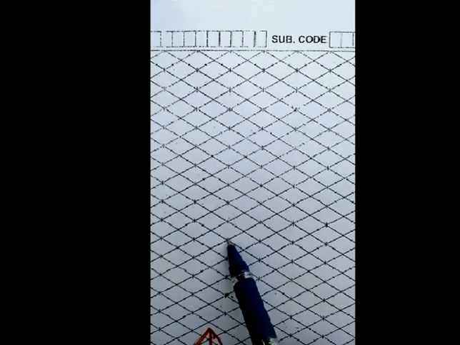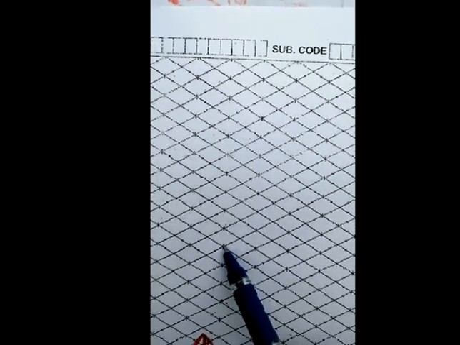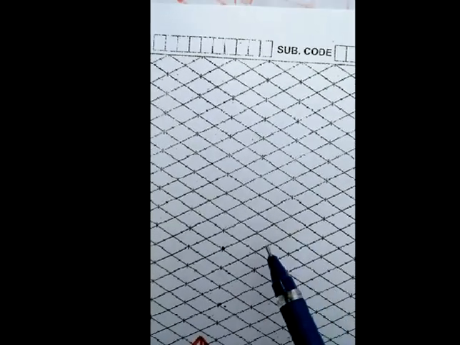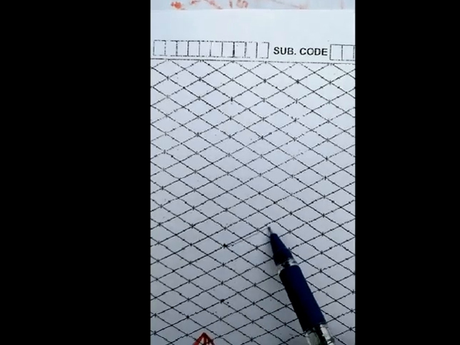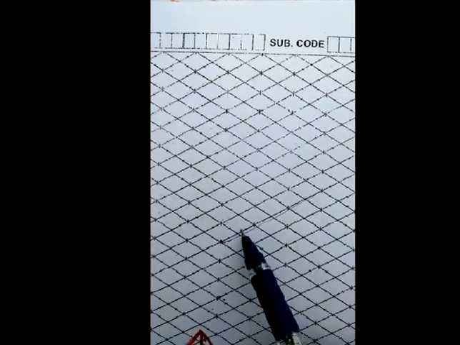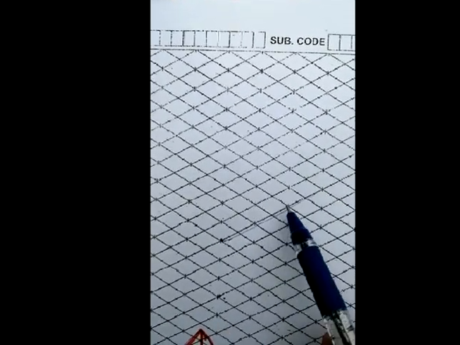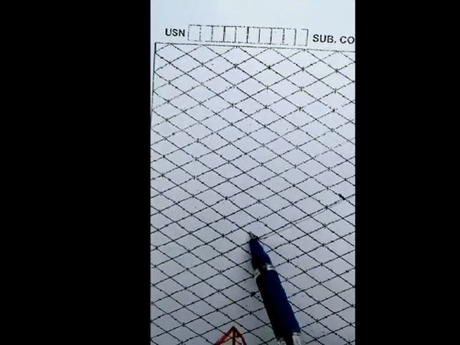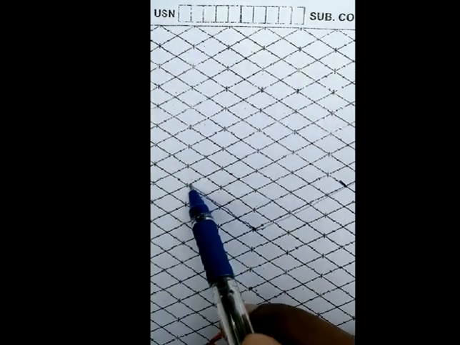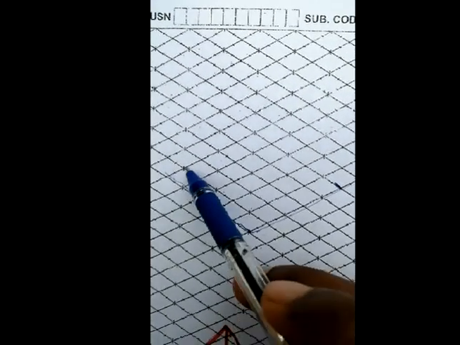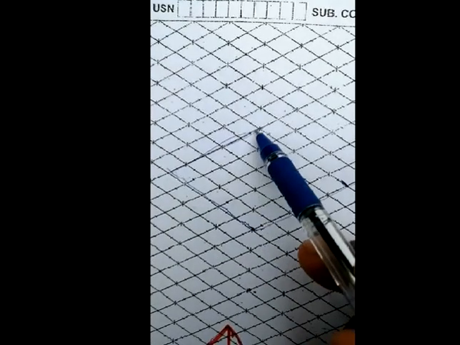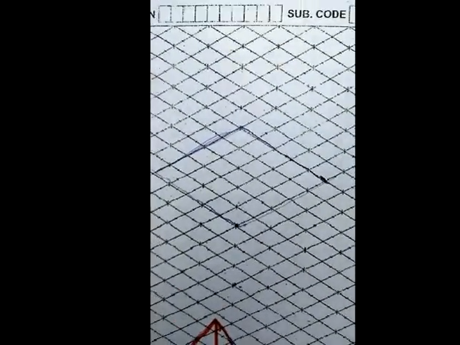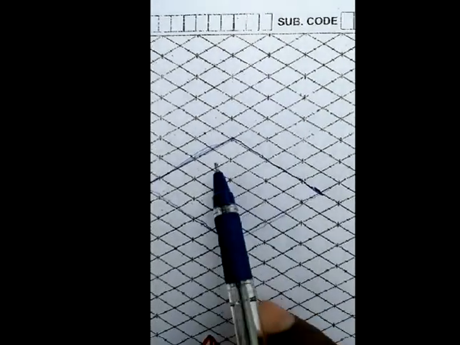Consider one corner. From this corner, the first bottom object is a hemisphere of diameter 50. So we have to construct a box of dimension 50, 30, 40, 50. Box of dimension 50, left side 50. In case of the hemisphere also, we have to construct one ellipse here.